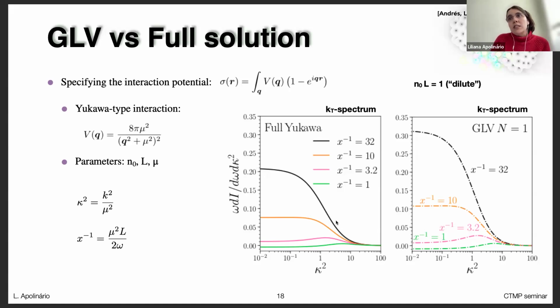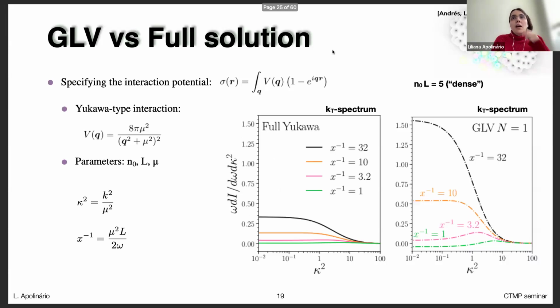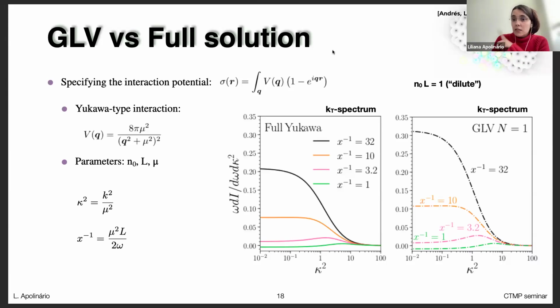And of course, the tails of this distribution are very accurate in the GLV, because this is the region where they actually target. But for the soft momentum gluons that are typically generated via multiple gluon emissions, this part of the spectrum is, of course, not so well described by the GLV. But with our method, we can now actually have a very good description of this part of the spectrum. This, of course, is for a dilute medium, which is again the region where